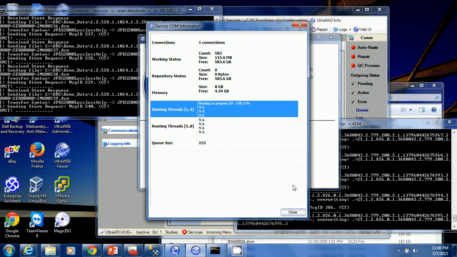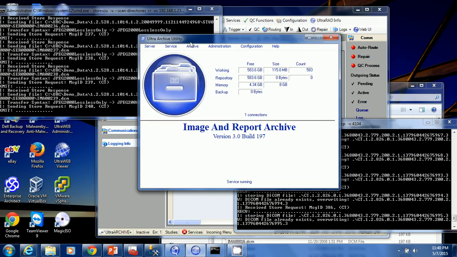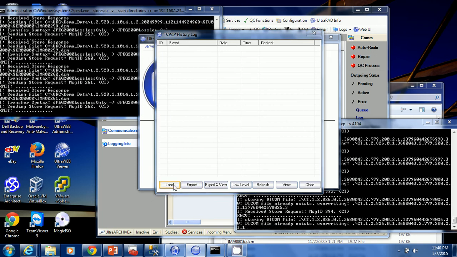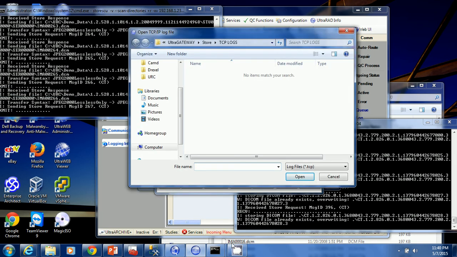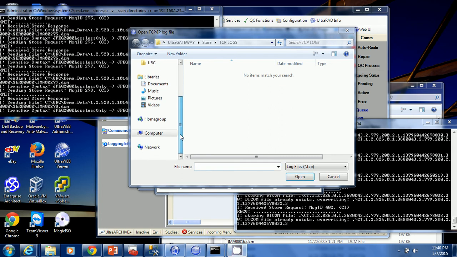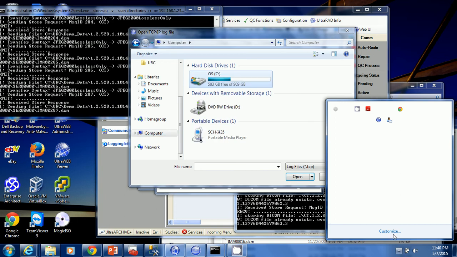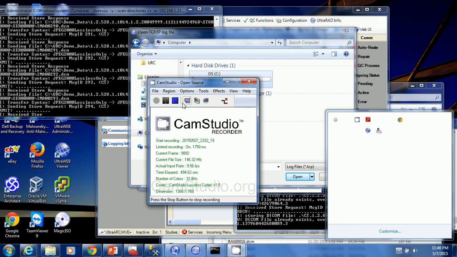While this is running, I'm also going to show you, so we have some pretty in-depth logging that you can do on the product. If I go into my TCP logs, so I'm going to go into my TCP logs, and I should be able to see, let me just, sorry,